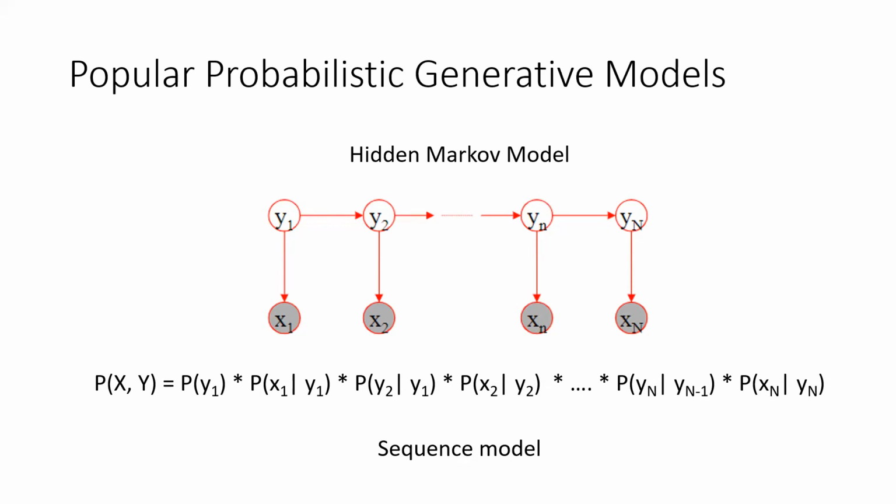So the hidden Markov model says that there is a sequence dependency between these y's, which